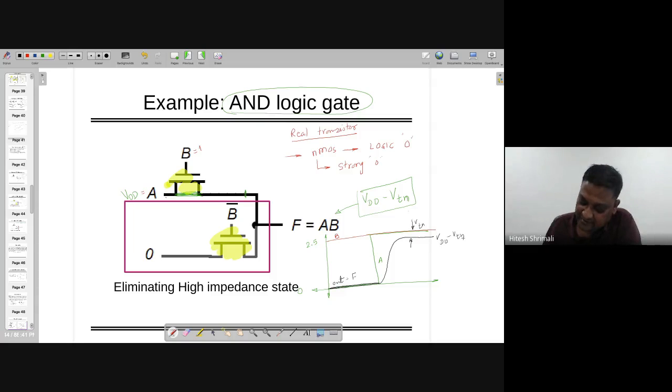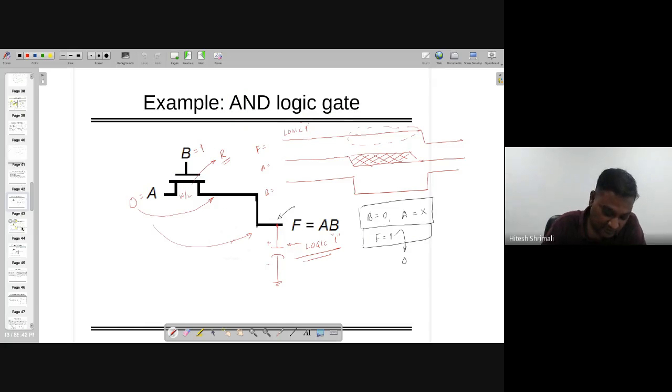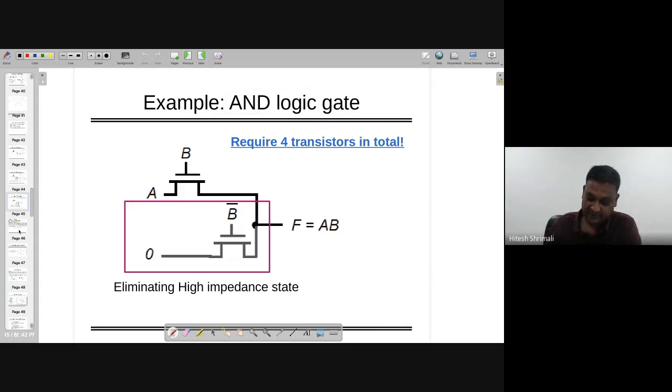Generally, VTN is in the range of, let's say, 300 or 400 millivolt, then this voltage can go up to 2.1 volt only. So you have to satisfy yourself with a different noise margin high level. Still this is logic 1, still this is qualified as logic 1, but the problem is you are not reaching the rail to rail, as we were concerned with in the first case, which is the pseudo NMOS technique. So still there is a problem and we need to fix that. Okay, so unfortunately for this structure we can't do anything, right?